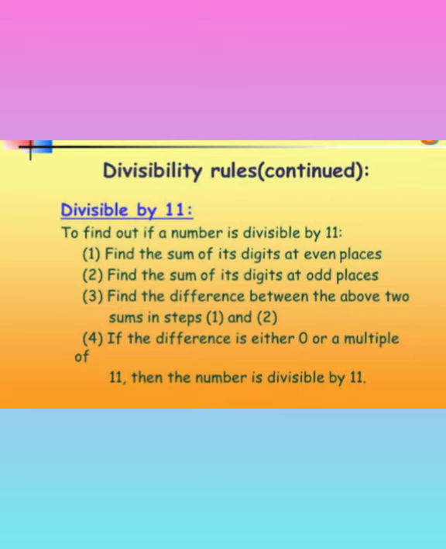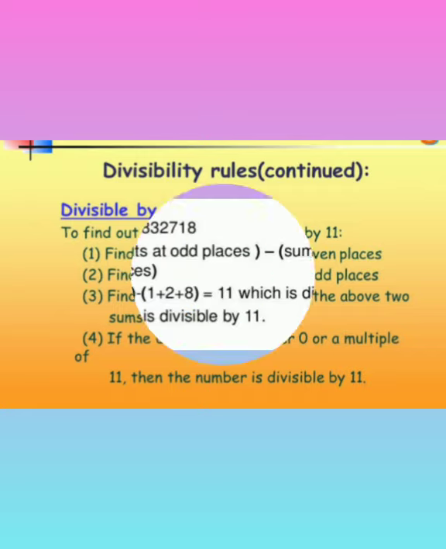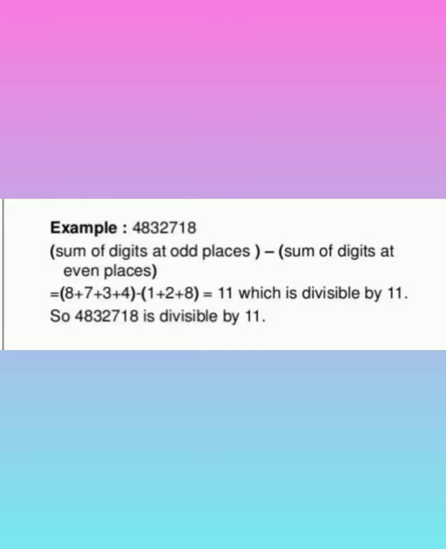Okay? Next rule is divisibility by 11. If a number is divisible by 11, find the sum of its digits at even places and the sum of its digits at odd places, then find the difference between the above two sums. If the difference is either 0 or a multiple of 11, then the number is divisible by 11. Okay, so you want to split it into 4 steps: find the sum of its odd digits, the sum of its even digits, then subtract. If you get the answer 0 or 11, means that the whole number will be divisible by 11. For an example, here